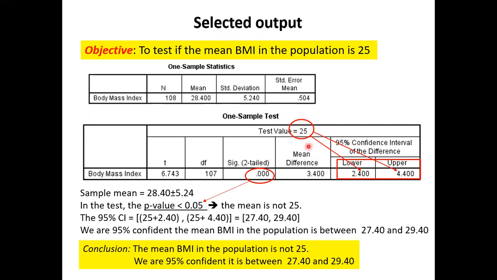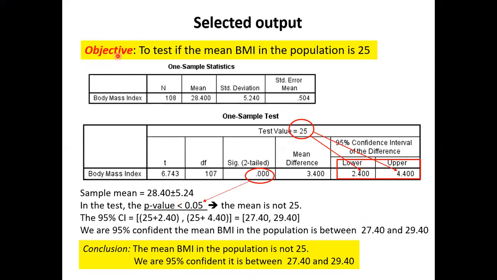Next question is, where is it? Add this interval. So we are 95% confident the mean is between these two limits. So here in making inference, we have done hypothesis testing of a specific value, and also estimating the value in the population. Last time, p-value alone was enough, especially for biological and medical sciences. Now they want this as well.